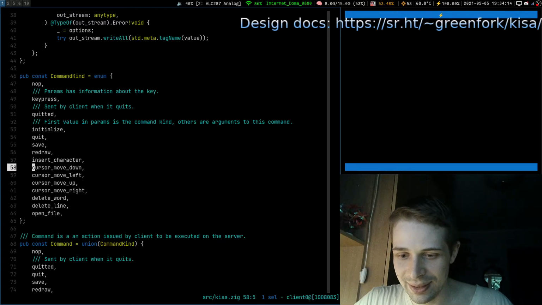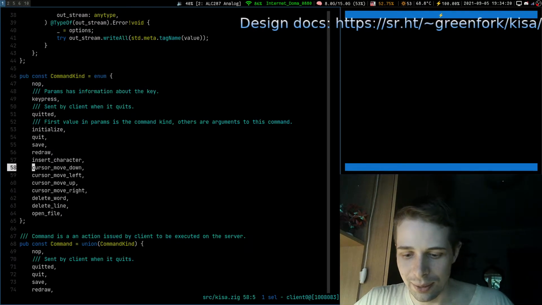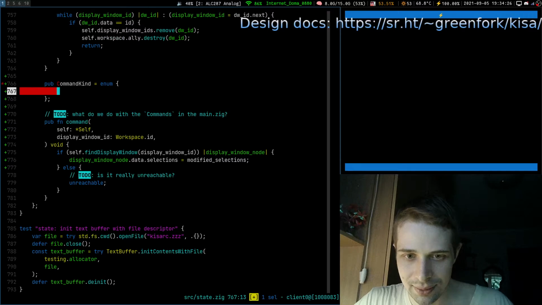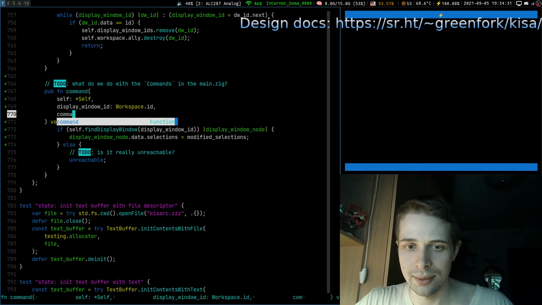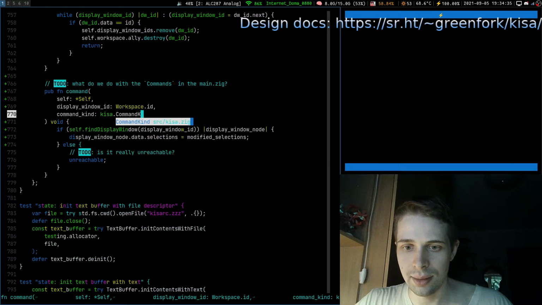Okay, so it is in src Kisa. It means it is globally available to us. So let's go to our state, text buffer state. Yeah, here we already have command kind. Kisa dot command kind.